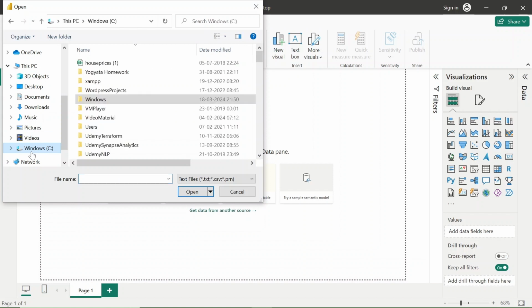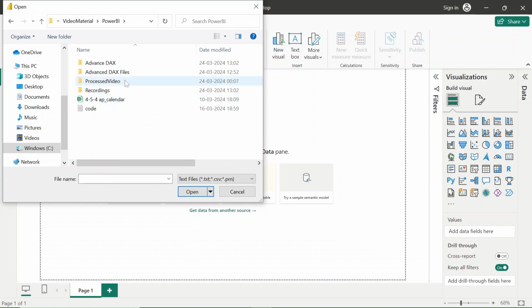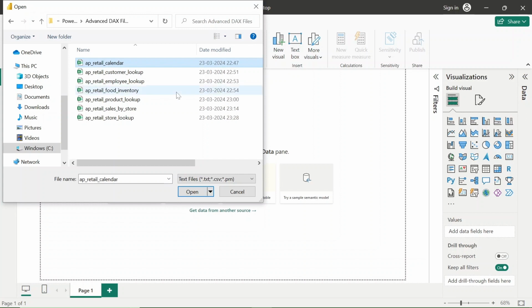Let me go to the folder where the data is present. This is the video material which I am creating, the Power BI advanced DAX folder. Here all the data are present in the form of CSV files. So let's import the first CSV file.